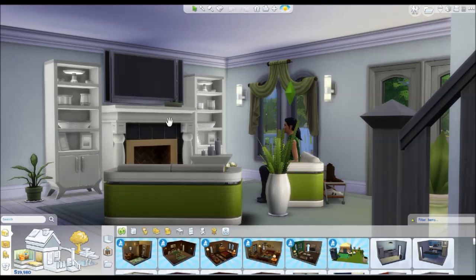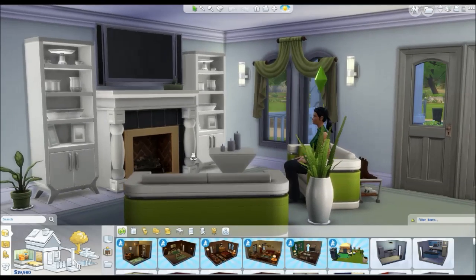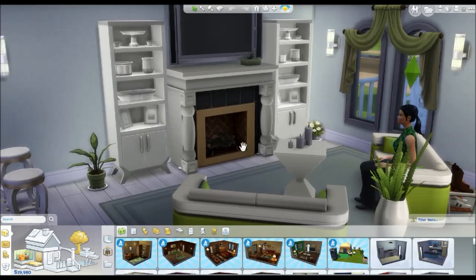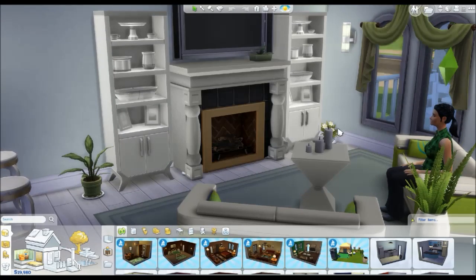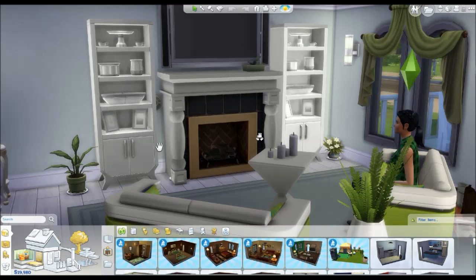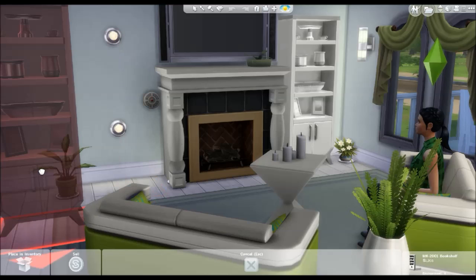Yes, those look like china cupboards, but they are actually bookcases on the sides here. And I did some creative lighting using move objects. I'm so glad they gave us move objects back. I am not in live mode now, I'm in build mode, so I'm going to show you what I've done. Like behind here, there are lights behind the cabinets,